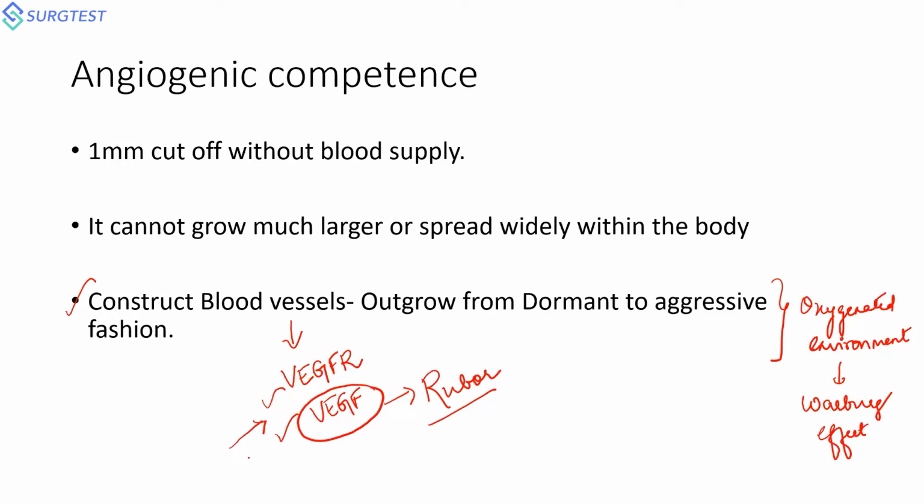And most importantly, as surgeons, why are we bothered about these angiogenic competencies? Because whenever you operate on a breast cancer with increasing size of the disease, it shows increasing blood vessel proliferation. So when you go for an MRM, or a breast conservation surgery, whenever you go into a tumor adjacent plane, there will be a lot of blood vessels. Whenever you dissect around that, there will be a lot of bleeding. So this is not only occurring at a microscopic level, it also occurs at a macroscopic level.